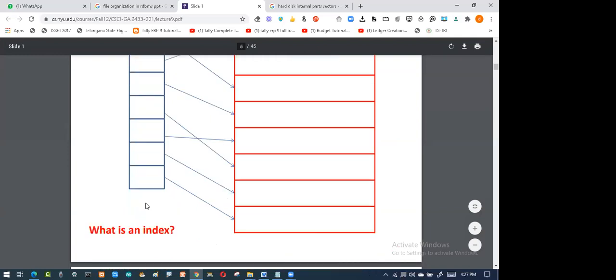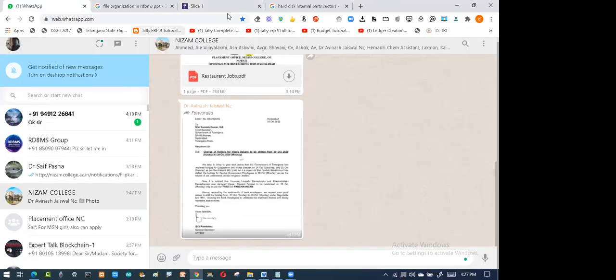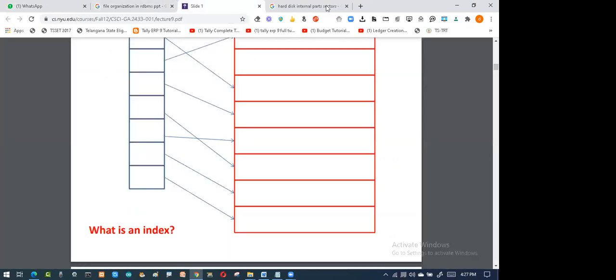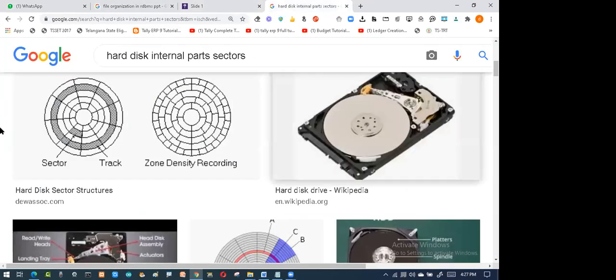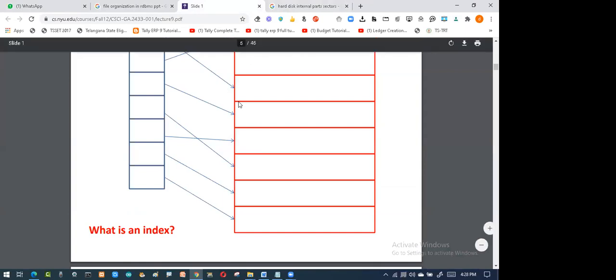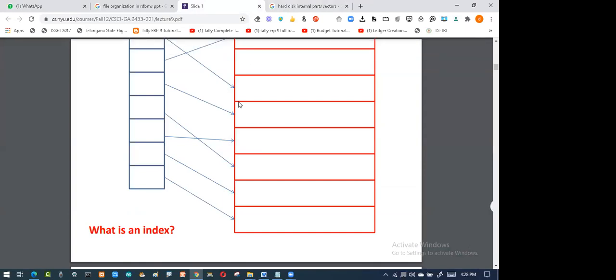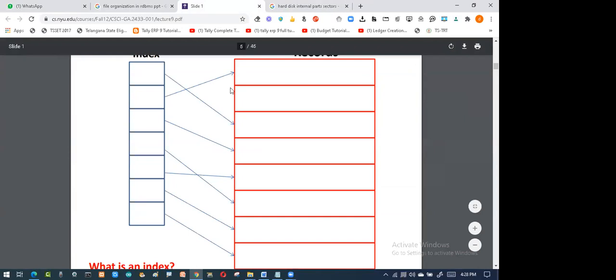Like here, if you see on my screen, I have opened multiple tabs. If I want to jump here, I can jump directly. I can jump here, or I can jump in this. Whenever I want, I can easily jump because it is giving me that this is 1, this is 2, this is 3, this is 4, like this. So I have an alternative to jump to whichever location I want. In a similar fashion, the records have some index numbers. That number will be stored in the table format. Why is it required to jump? Because I want the queries.